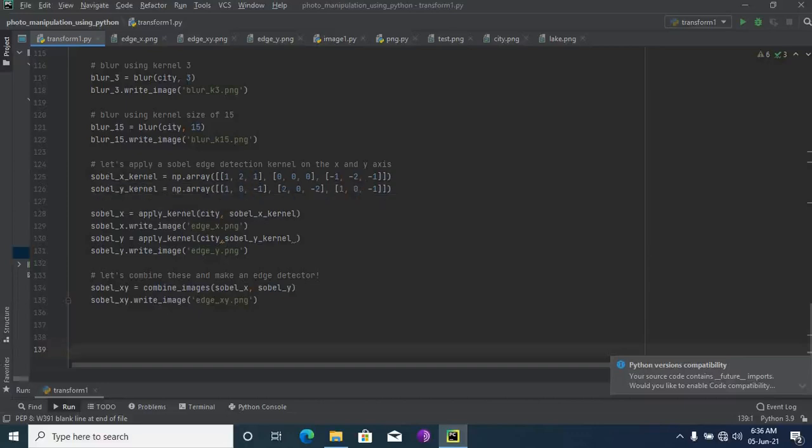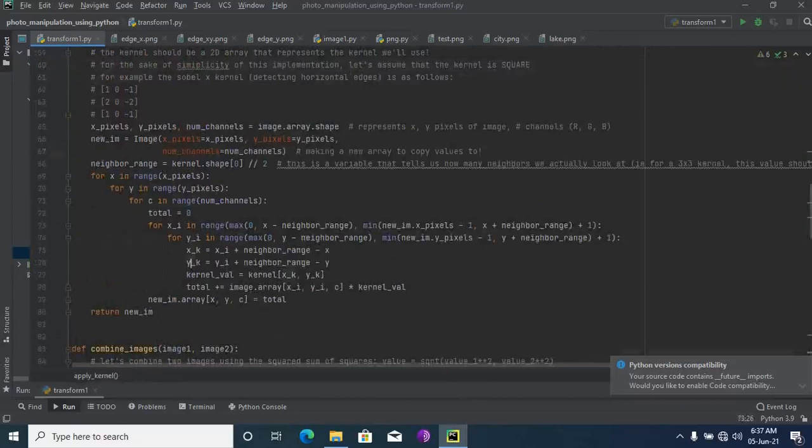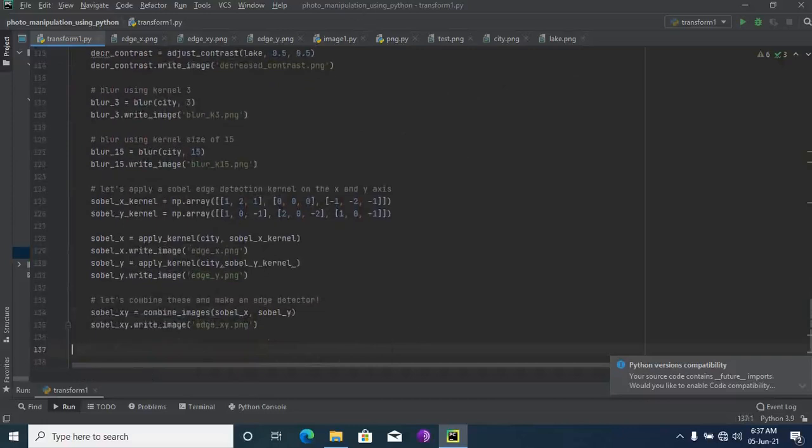I'll call this the Sobel X kernel, and now I'm giving its values in a matrix or 2D format: np.array with 2, 1, 0, 0, 0 and so on. Next for Sobel X, I'm applying the apply kernel function above and saving this image as edgex.png, same for y.